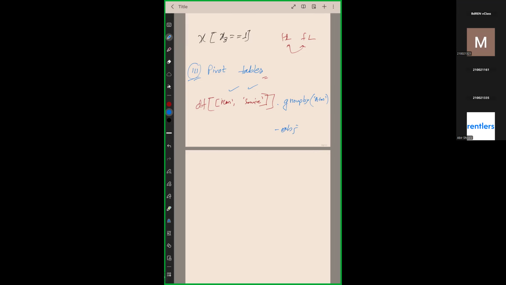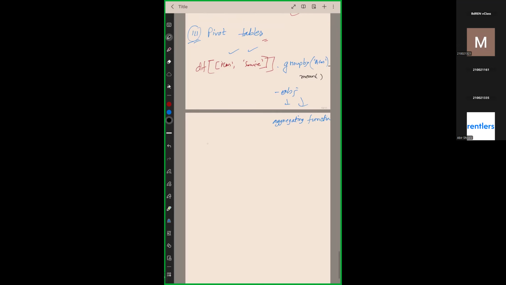You can check. What you need is an aggregating function after this one. You need an aggregating function on the group by object. So group by based on what you want: the count, the average, what do you want? Basically after this you write dot mean, for instance. Then it will give you the mean value, the average value, how many per passenger class did survive. If you run the cell, you will see first class, second class,